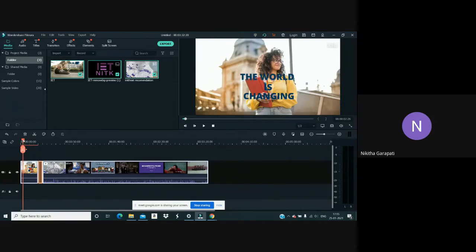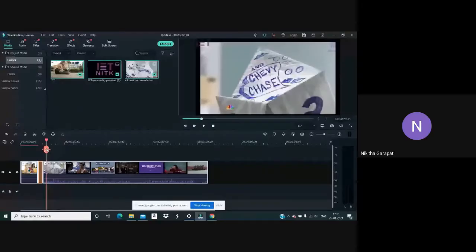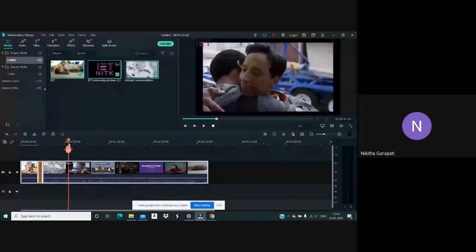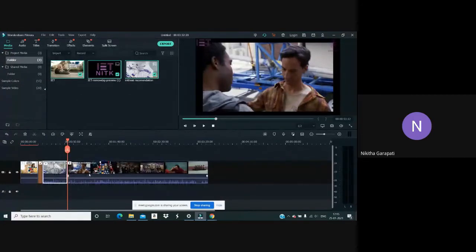So place the slider wherever you want the video to be cropped. So here I want it to be cropped. Or like I want to split these two into particular sections. So I'll just place the slider at that particular position, and I'll click on this button. And now you can see you have two sections.